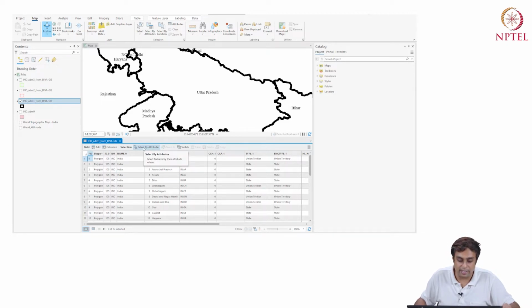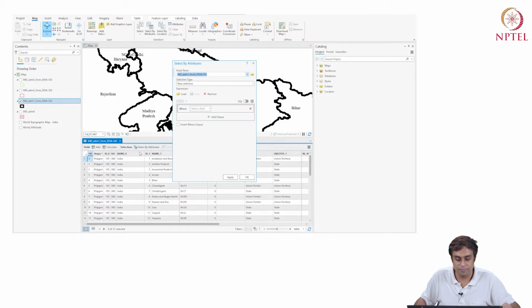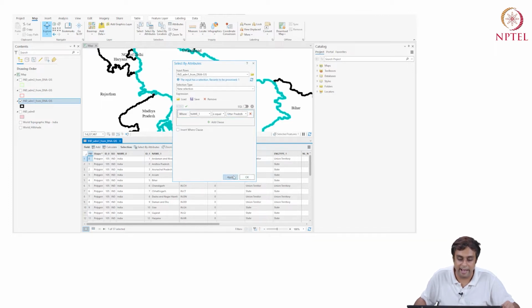So I'm going to say select by attributes, and I'm going to say new selection. Where should I look? You should look at name 1, and it automatically picks the names of the states, and I'm going to say I want to please pick Uttar Pradesh for me, and I'm going to say apply, and it selects the state for me.